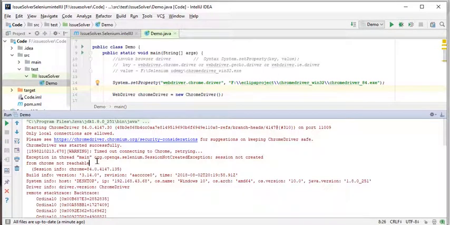So you got to know that our Chrome got closed, sometimes manually, or sometimes we don't have proper permission for our automation script to open a browser, so it fails.